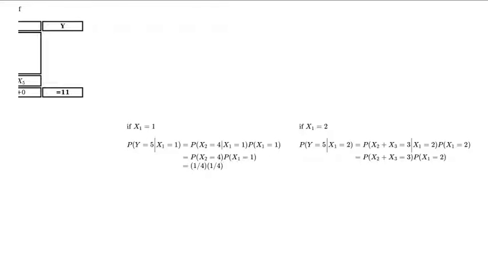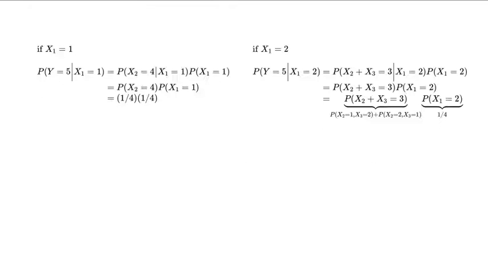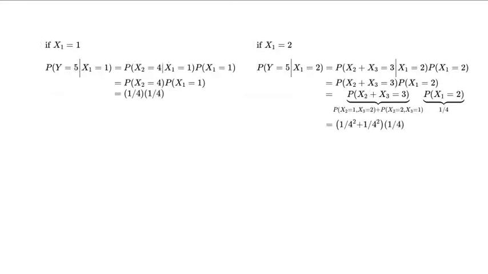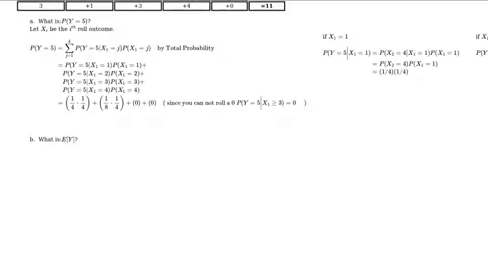So the probability that X2 is equal to 4 is a quarter. The probability that X1 is equal to 1 is a quarter. The probability that X2 plus X3 is equal to 3 is the probability that X2 is equal to 1 and X3 is equal to 2, or vice versa, X2 is equal to 2 and X3 is equal to 1. Each of those is going to have a value of 1 over 4 squared, which is equal to 1/16, so the sum of that will be 1/8. And all the other probabilities there must be a quarter. So we wind up with a quarter times a quarter plus an eighth times a quarter, which is equal to